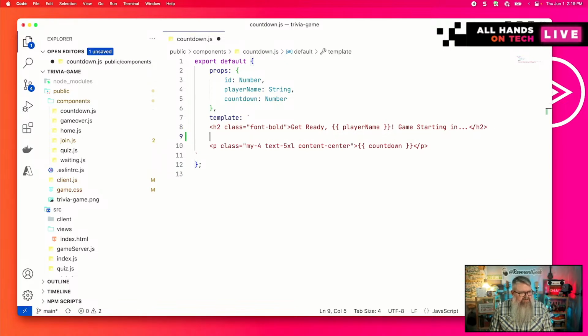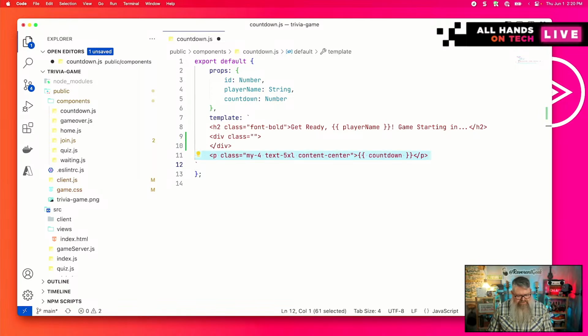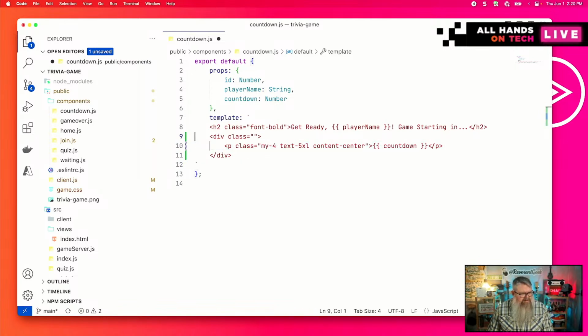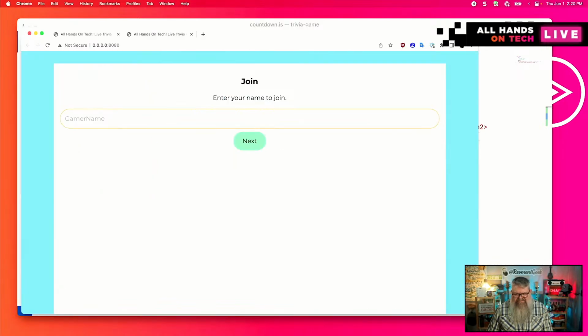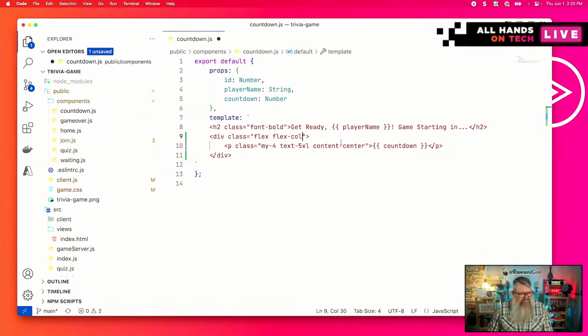interfaces. What I'm going to do is create a div tag around the text. Put this paragraph tag in here. There's probably lots of ways to do this in Tailwind. This is one way that I've found, probably by looking it up on Stack Overflow at some point, that one way to